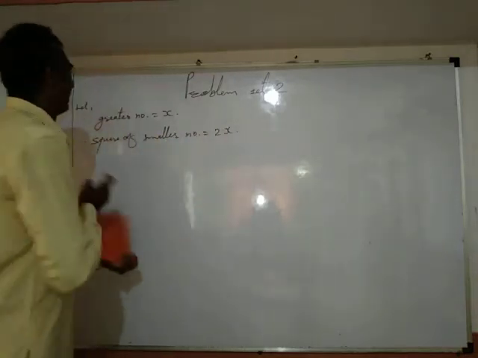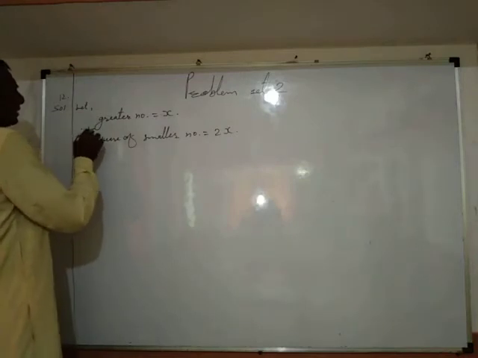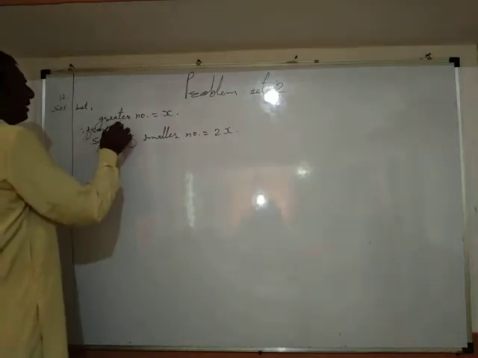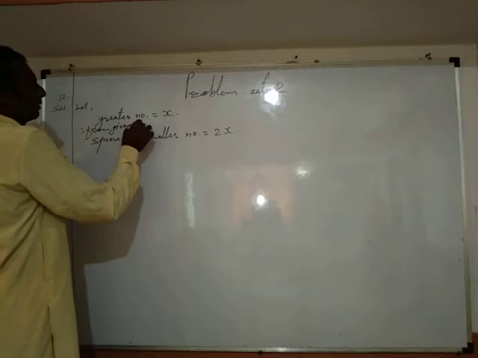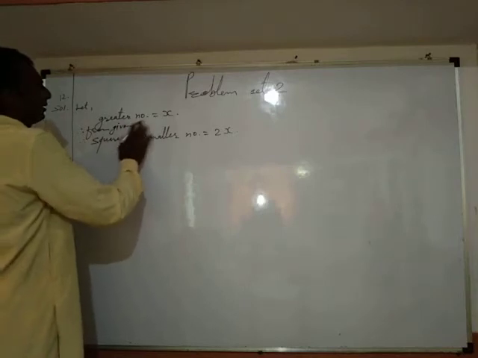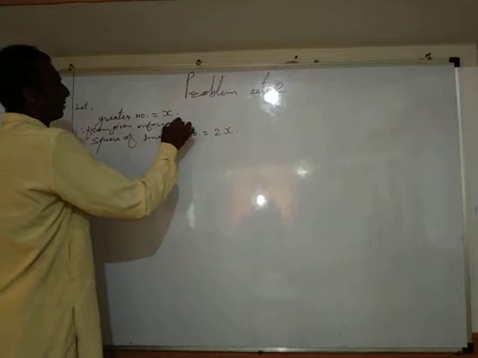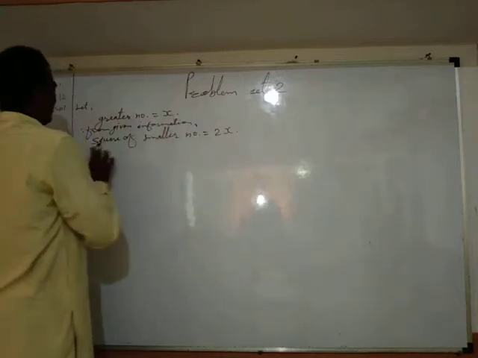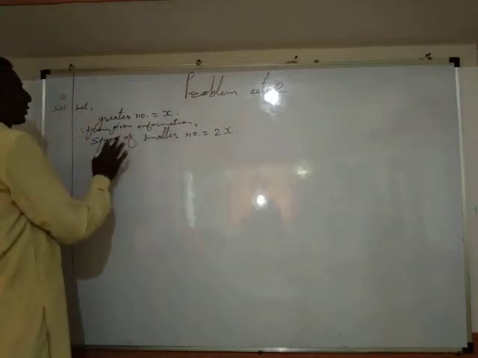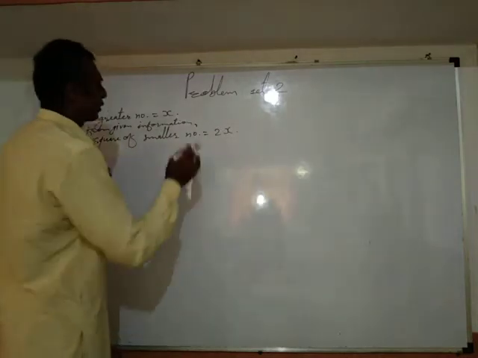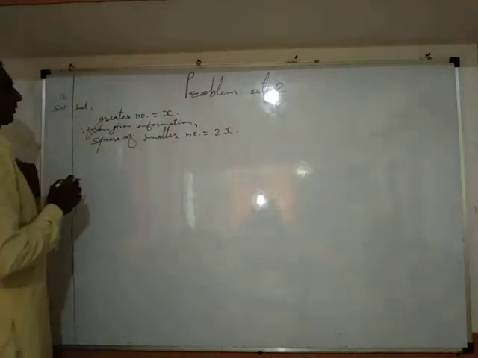Okay, and therefore this is from the given information. The square of the smaller number is twice the greater number, and